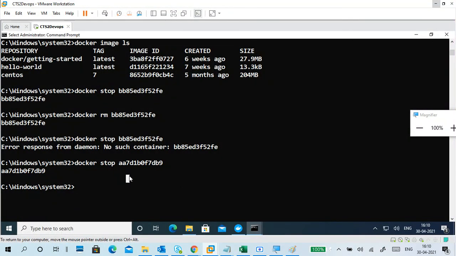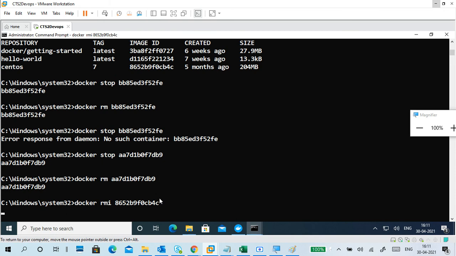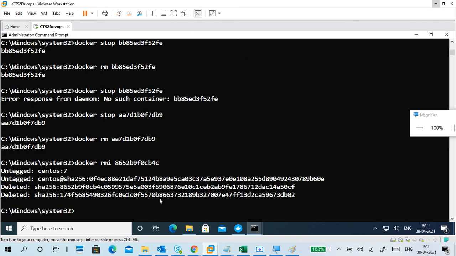Now I stopped it, and I am going to remove it. Now I remove the containers. Now I'm going to remove the image with RMI. Is it necessary? Just for practice purposes, to learn how to remove it. The first time I did it, I got a lot of confusion. I kept on doing it and finally got a one-line understanding of what is an image and what is a container. So I started understanding image and container, and then these commands were successful.